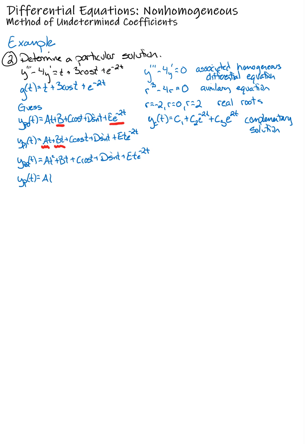Let me just write that out again. And now all we have to do is figure out what A, B, C, D, and E are, what the values of those are. All right, so how do we do that? Well, I'm looking at a third order equation here, so let's go ahead and find up to the third derivative. The first derivative of this particular solution has the form 2at plus b,